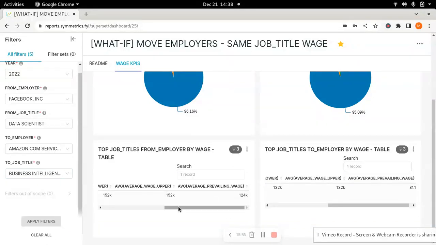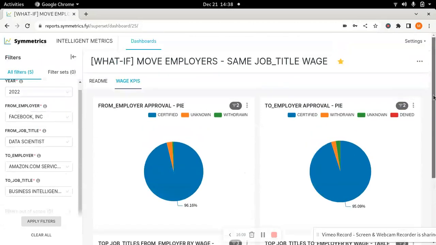And now you can see that in Facebook you made 152K, but for a business intelligence engineer in Amazon, you make significantly less. So most likely you wouldn't want to do this. Okay. So now you have a quick idea that by looking at the wage, you can decide which employer to move to, which job title to move to. And you're forming this hypothesis upfront.